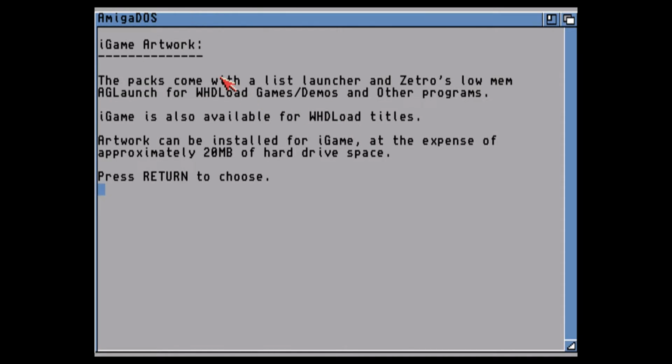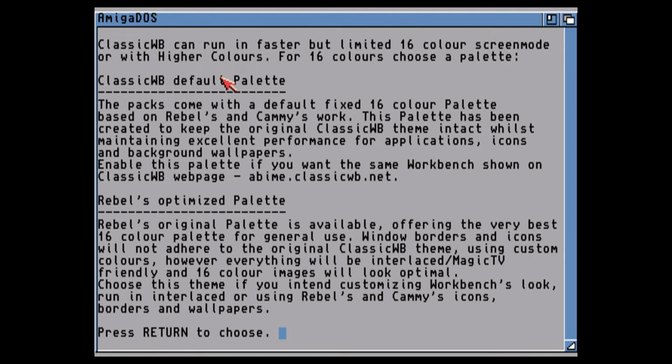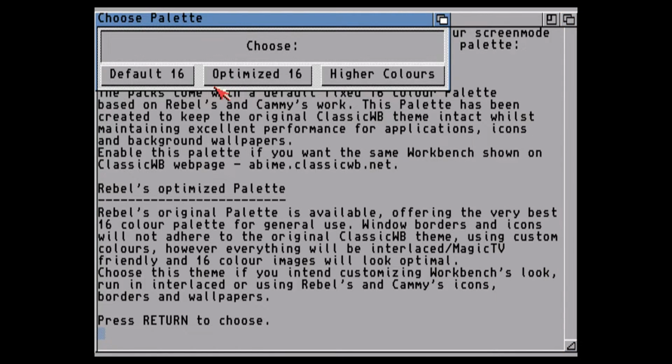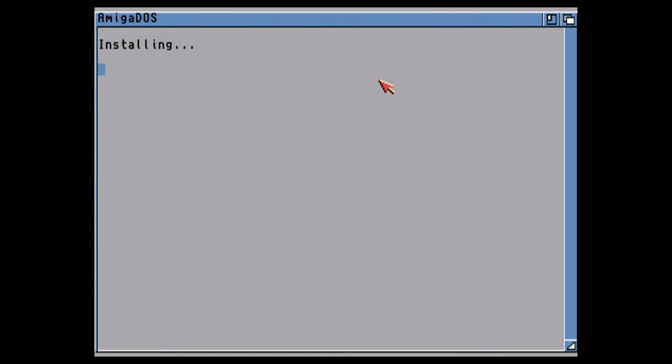We basically want to disable anything that we don't absolutely have to use, given the fact that this is being emulated. So the only really safe thing that I've found that doesn't really take any system resources: here if you hit enter you can choose to do a 16 color palette for the UI or a 256 color palette. The 256 looks nicer and it doesn't really slow anything down. So here I choose higher colors.